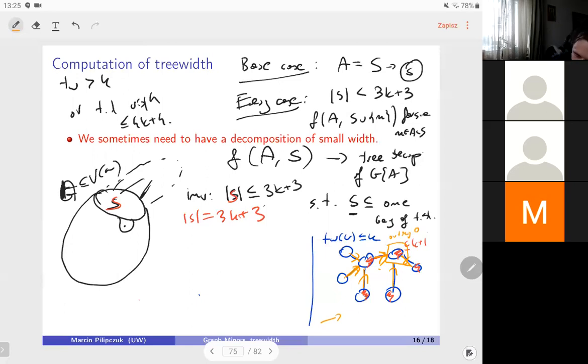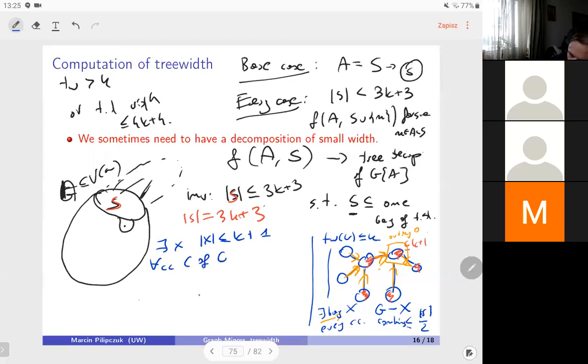So what I proved here is that there exists a bag X such that if I remove this bag from the graph, every connected component contains at most half of the red vertices of S. If I oriented this edge in this direction, that means that the vertices appearing here on the left side of this tree decomposition are at most half of the red vertices of S. So I proved the statement that there exists a set X of size at most k plus 1, so that for every connected component C of G minus X,